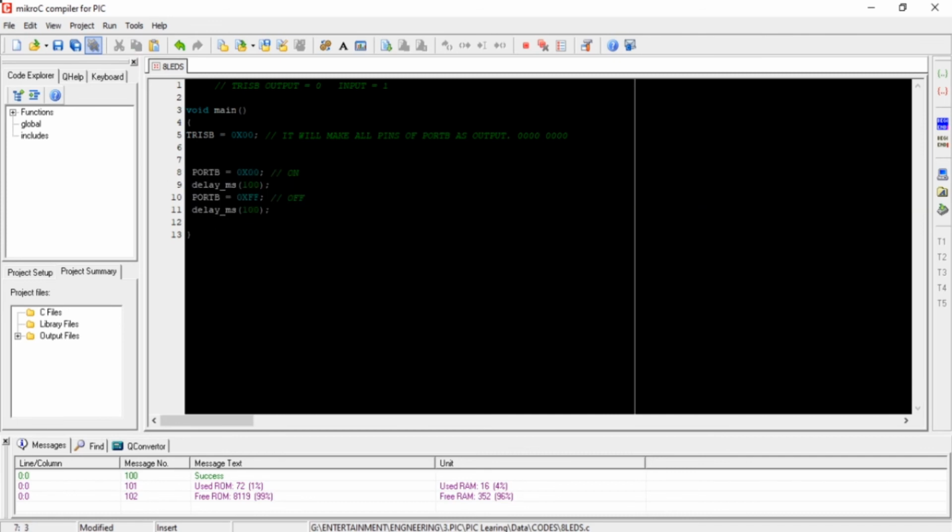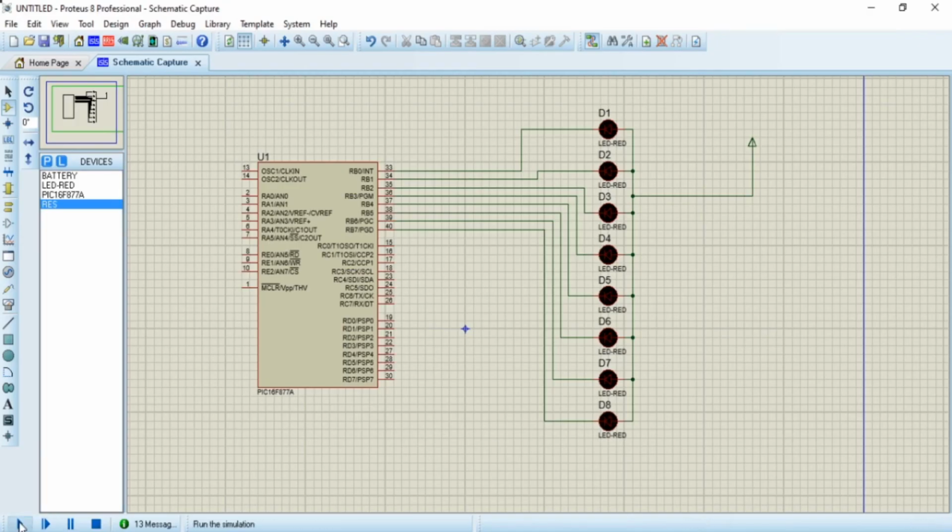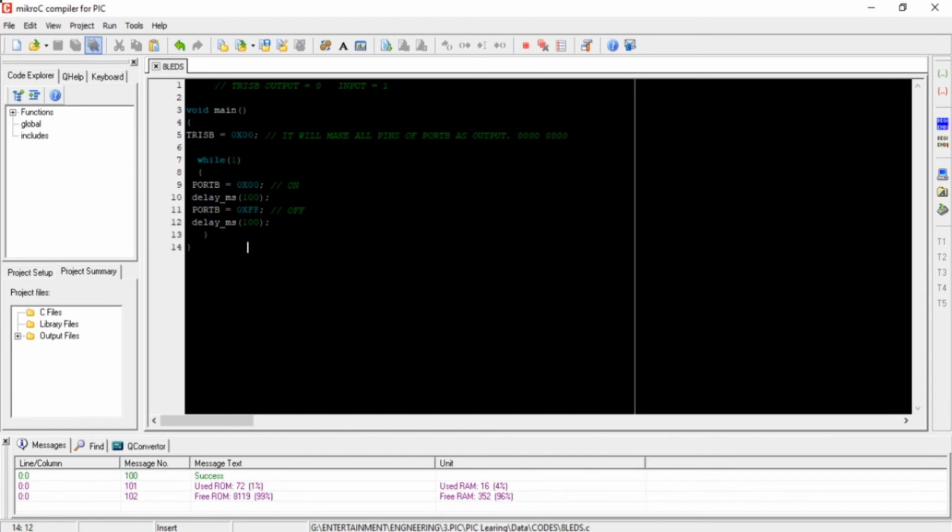So what we will do is create a loop, while(1), which is an infinite loop, and put these lines inside this while(1). Now check your code. Now you can see your LEDs are blinking for infinite time. They will blink until you cut the power off from your microcontroller. So this is all about how to blink LEDs. Okay, thank you.